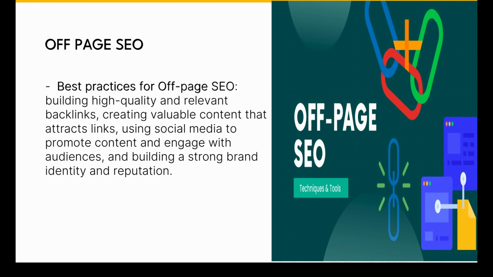So some of the best practices for off-page SEO include building high quality and relevant backlinks, creating valuable content that attracts links, using social media to promote content and engage with audiences, and building a strong brand identity and reputation. So what we mean by building high quality and relevant backlinks refers to